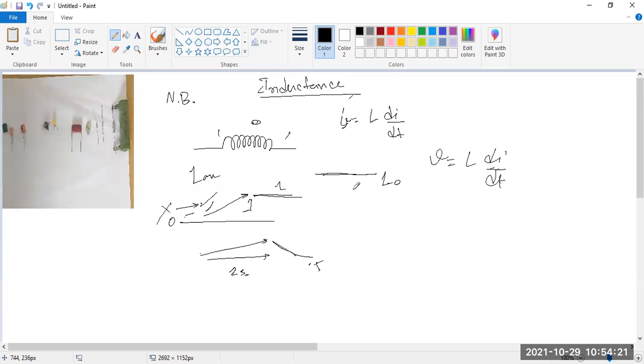Means always remember the two words. Inductance is dealing with change of current, di/dt, and capacitance is dealing with dv/dt. It is a practical thing, not only theoretical. So di/dt means change of current, then inductance is working. dv/dt, then your capacitance is working. So remember these very basic things. Otherwise, whenever going for numericals, any RL circuit, it will be problematic.